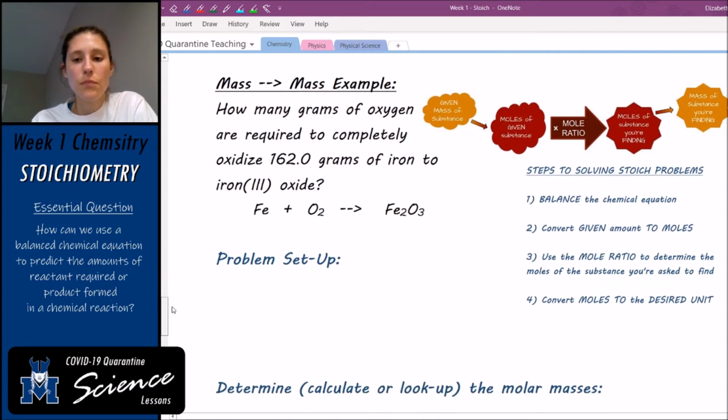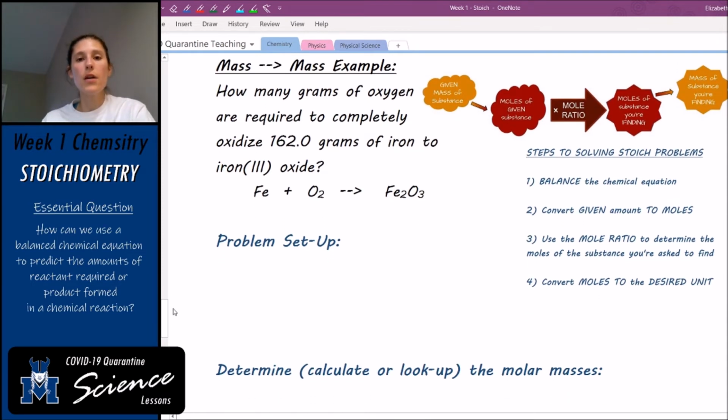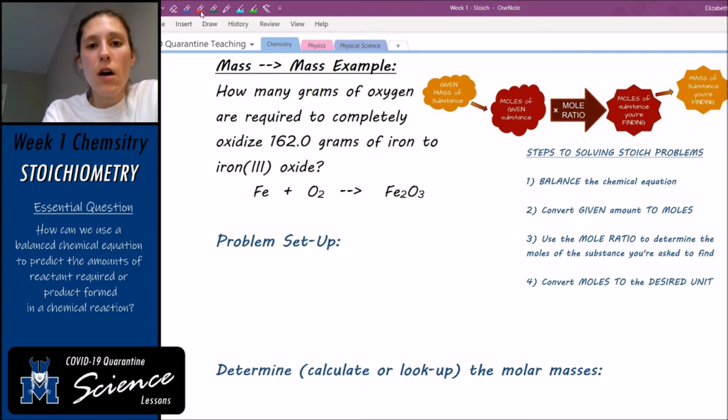Okay, so here is our second example, and let's read the problem. How many grams of oxygen are required to completely oxidize 162 grams of iron to iron 3 oxide? Reading the problem is important, like always. So how many grams of oxygen? The oxygen, that's what I'm trying to find, are required to completely oxidize 162 grams of iron. So I'm given